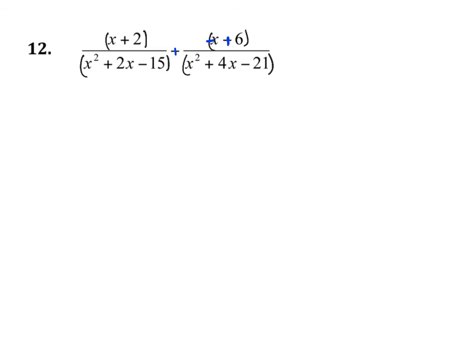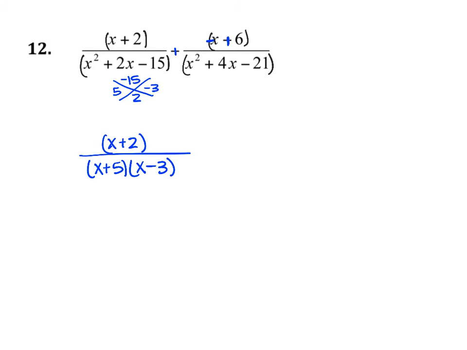Then I factor my denominators. So what multiplies to negative 15 that adds up to 2? That would be 5 and minus 3. So I have x plus 2 over x plus 5 times x minus 3 for my first fraction, plus,